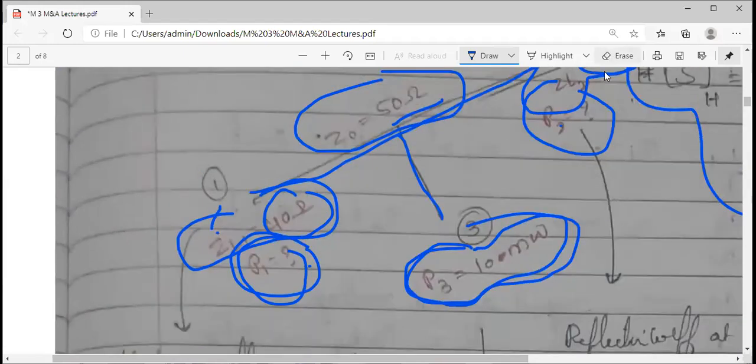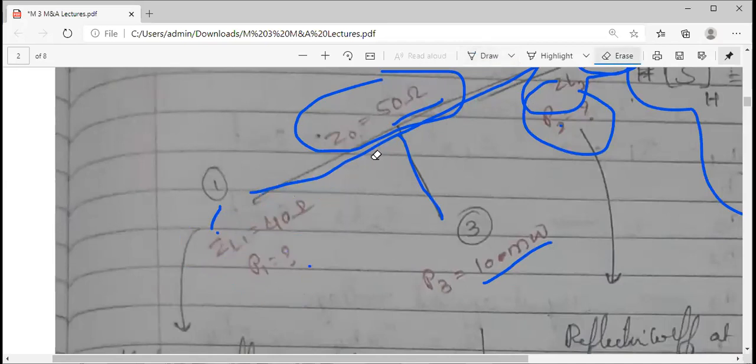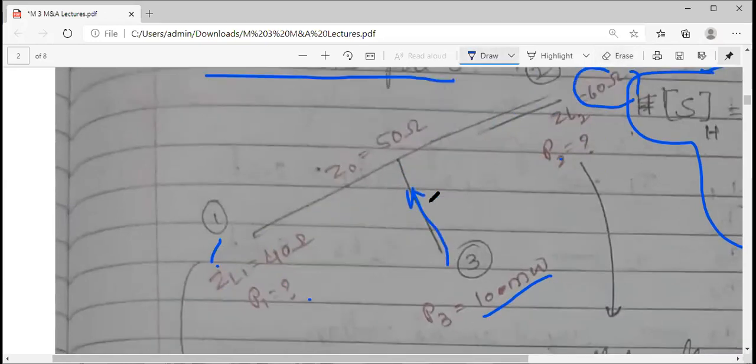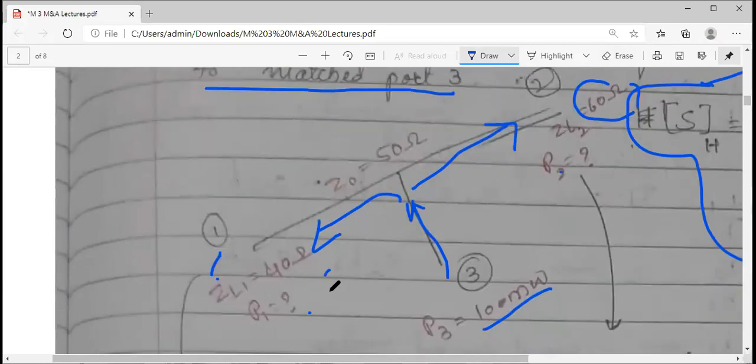What is the value at port 3? It is given as 10 milliwatts. Ideally, we have seen the theoretical concept of the characteristics of the different waveguide T's. Whenever the power is fed to port 3 here, the side arm, it gets equally divided between port 1 and 2. This concept we have already studied. That's what we had taken in the characteristics: S31 is equal to S32. Try to remember, for H plane T we had taken this characteristic.